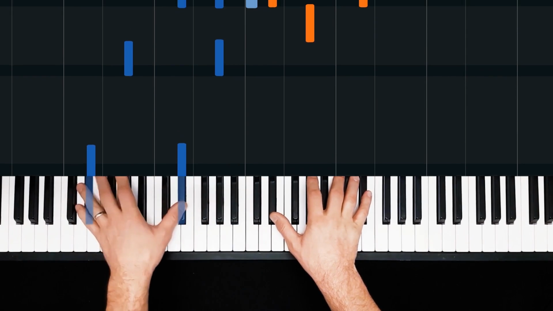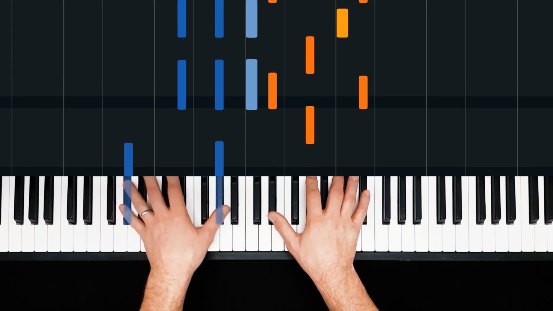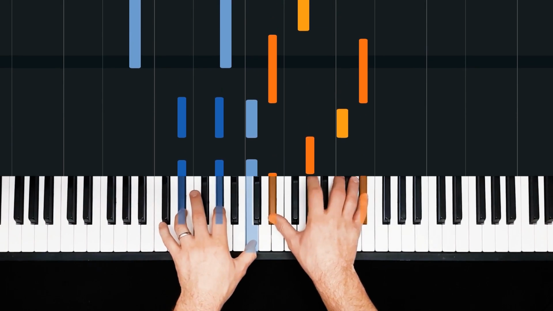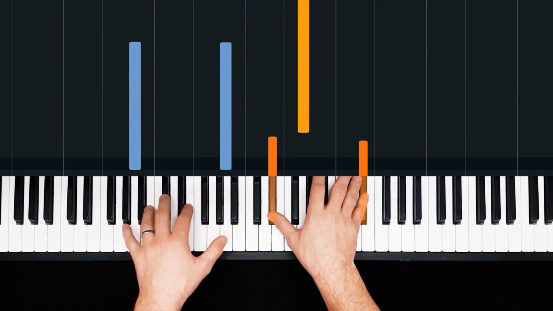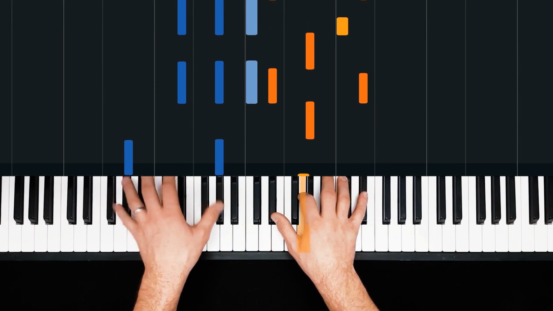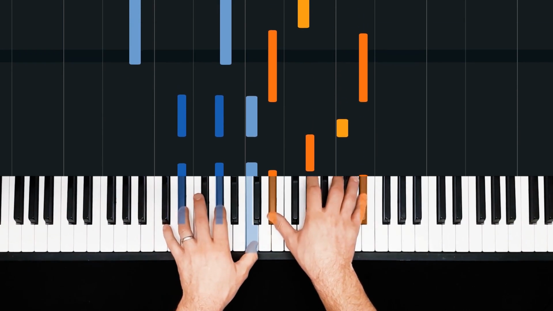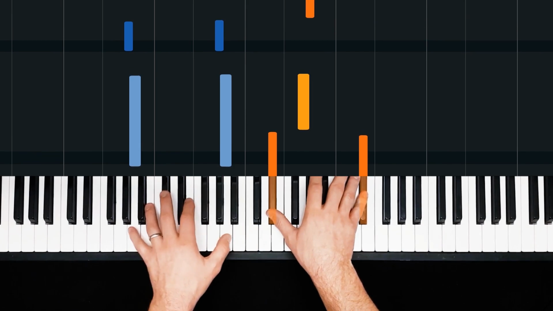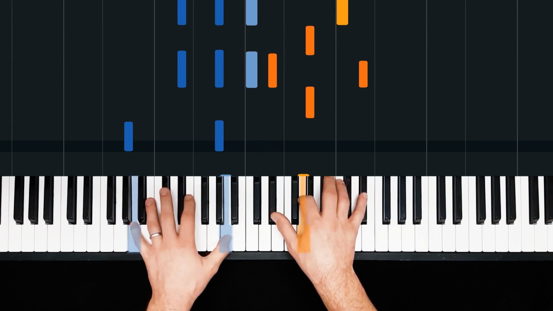Now, the left hand's playing a melody on 16ths. 1, E, and 2, E and 3, I'm counting all wrong, I'll start again. 1, E, and E, 2, E, and 1,